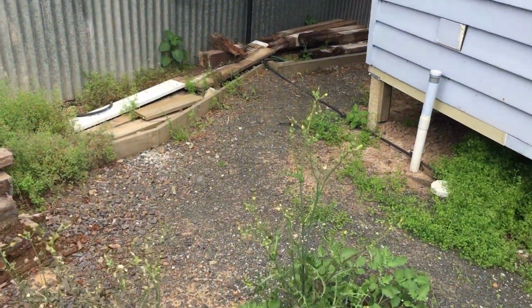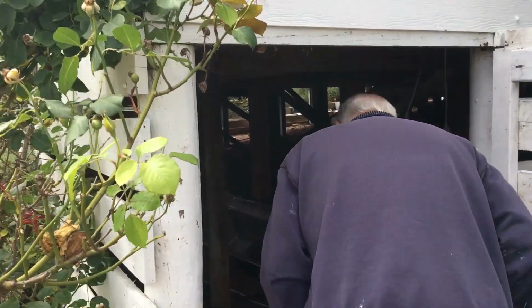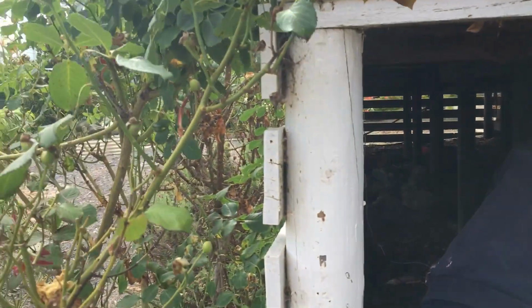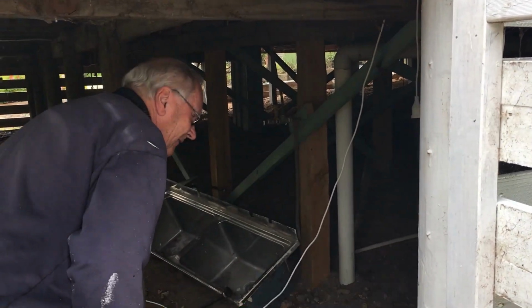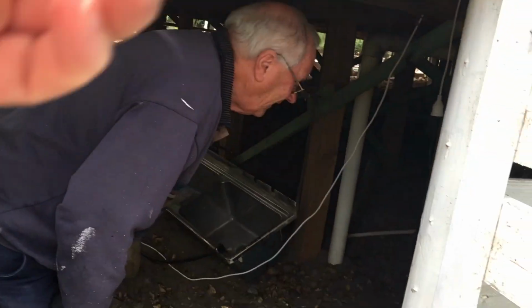Oh, let's have a quick look. Yeah, we do have to trim the roses. Oh, they're all really big. Bugger. Okay, well,